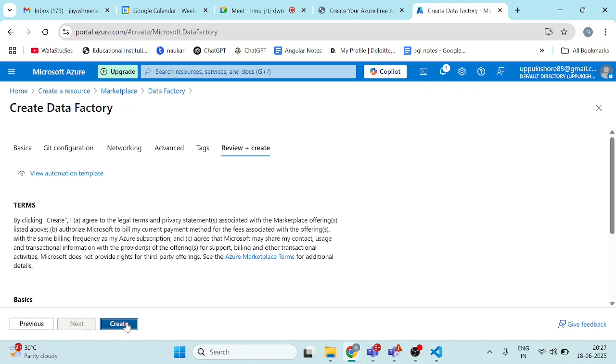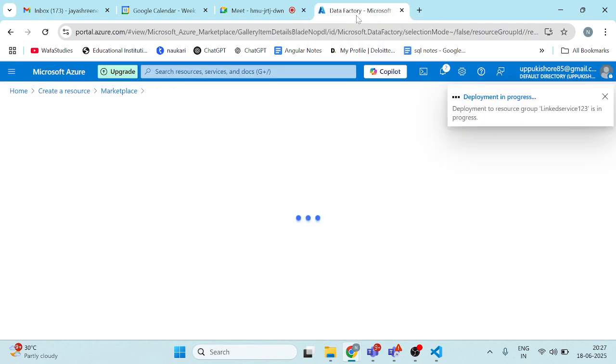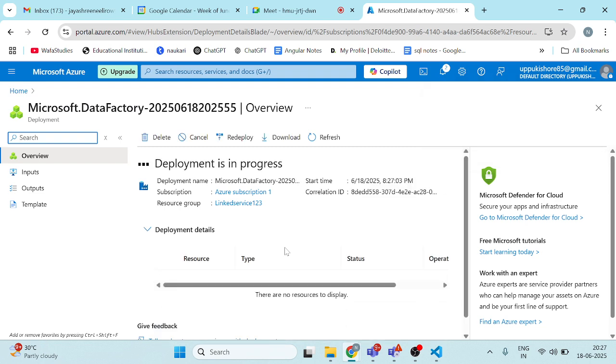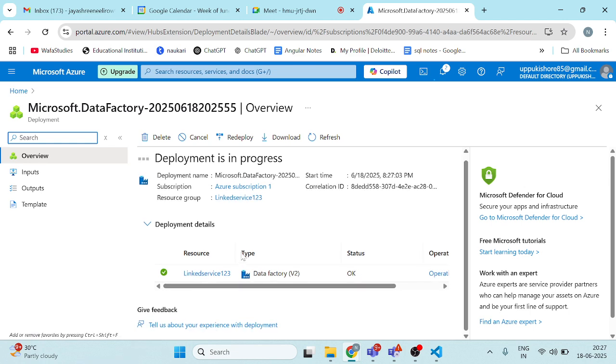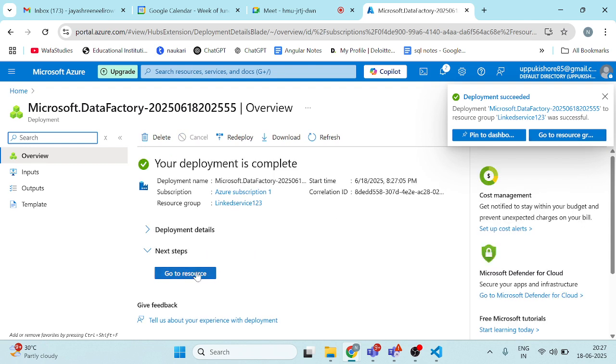Okay, so clicking on create, so it will be deploying and creating as well the same thing. So it is deploying, in progress. So the linked service is creating. So go to resource,